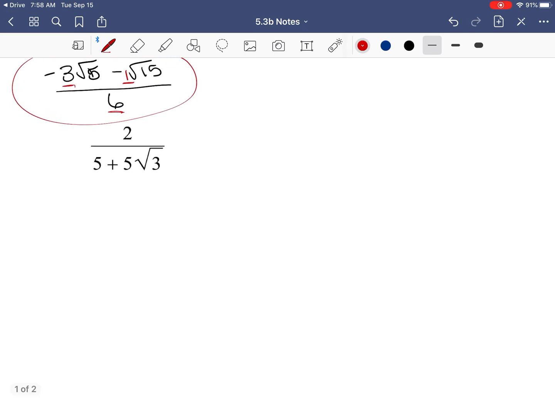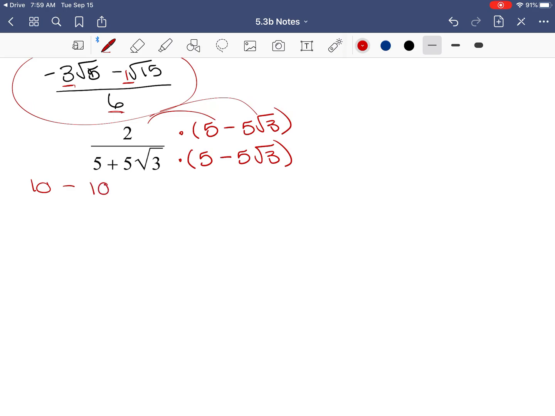In our next example, again, in order to get rid of that radical out of our denominator, we're going to multiply by the conjugate. So again, the conjugate is the same as the bottom, just the opposite sign in the middle. So times 5 minus 5 root of 3. So if we distribute, I'm going to have 10 minus 10 root of 3 over,